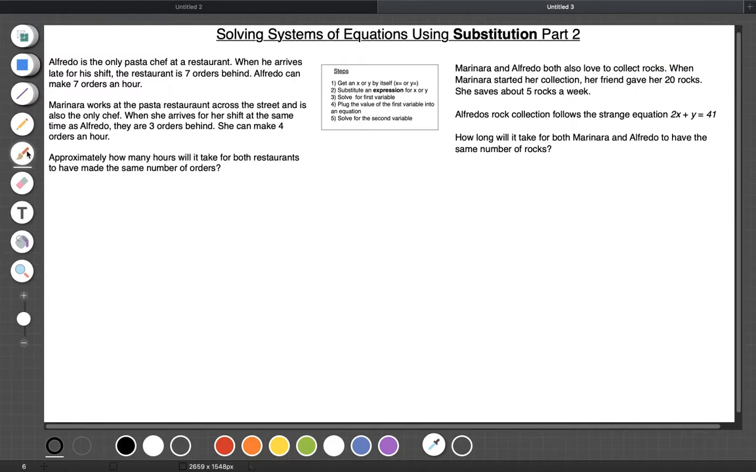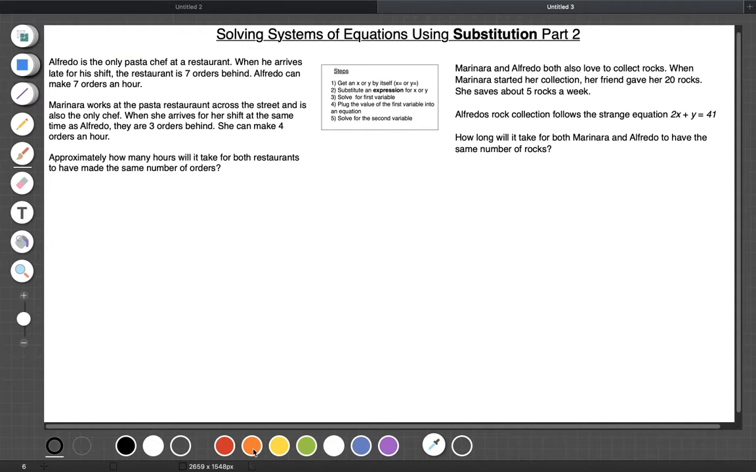All right, so for today's lesson is a continuation from what we did in our first lesson this week. We're still solving systems of equations using substitution, but now we're going to be looking at word problems. So we have two different word problems. We're going to look at them one at a time. And for both of these, I put the steps right here in the middle because we're going to follow those